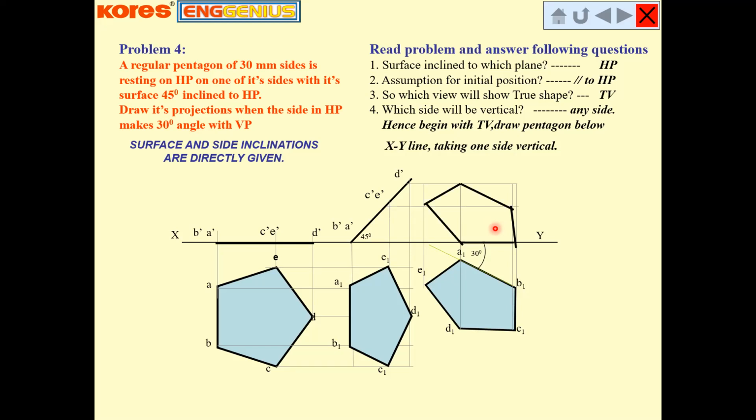Clear? This was the practice we have completed, but here we were having three data given to us. Pentagonal side length, 45-degree inclination with the HP, surface inclination was given straight away. In our next problem,